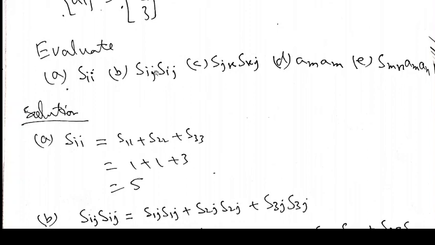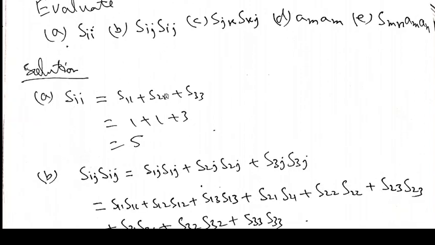Now if you go to the second part B, keep in mind that this is not simply the multiplication of the matrices. This is something else which you will calculate with the help of your concept of indices, free and dummy indices. Now you can see that we have 2 indices I and J. They both are dummy indices. I is dummy and J is dummy.